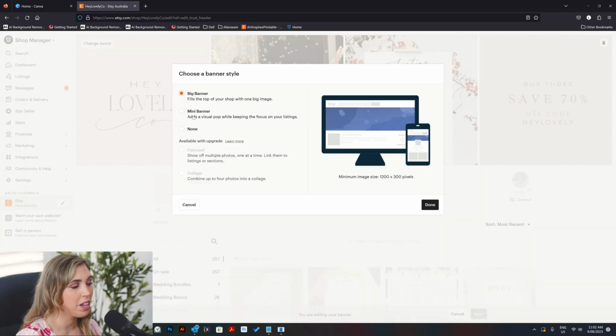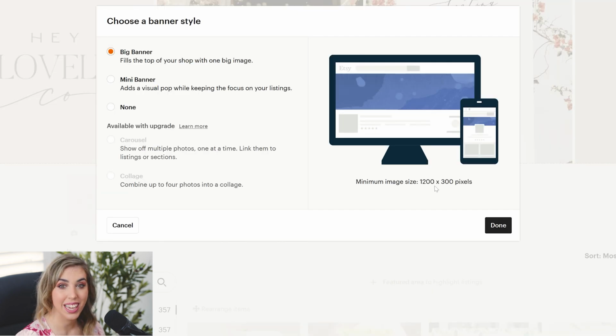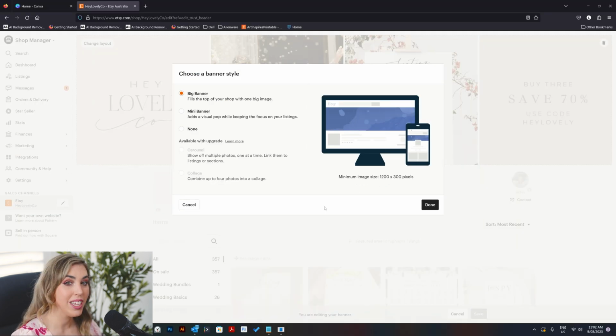My preference is obviously the big banner because it takes up the most space at the top. So we really want to maximize that. But I mean, you also have the option for a mini banner or none at all. But yeah, I will always go big banner. Now, it recommends this size here, which is 1,200 by 300 pixel. Now, this size, even though it's recommended, I find that if you use this size, it'll actually show up pixelated. So I have a different size, which I recommend for you, and that is